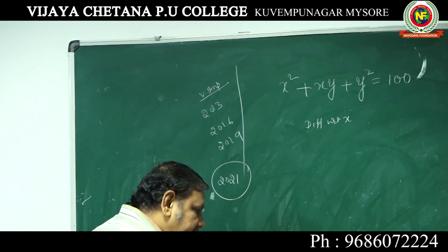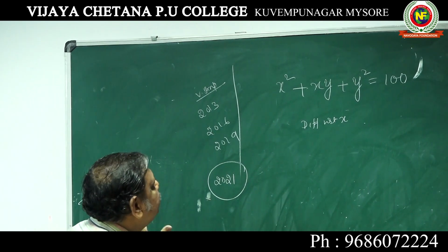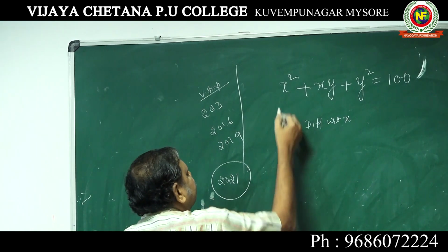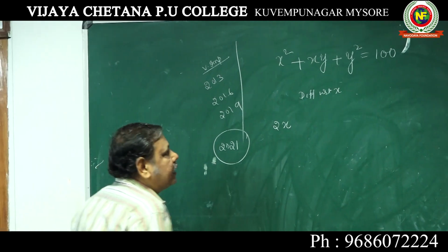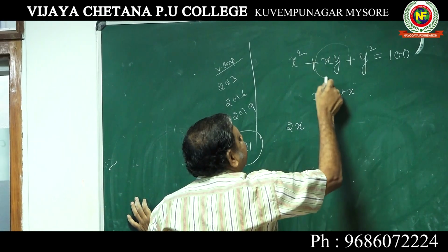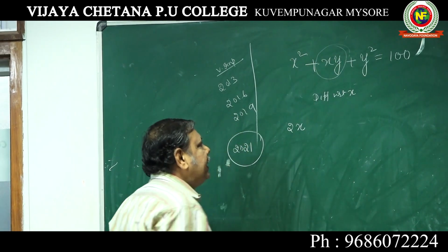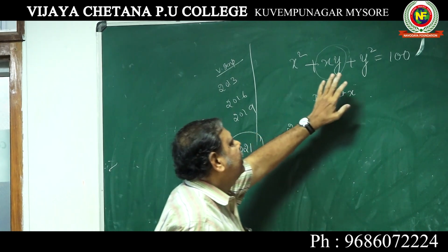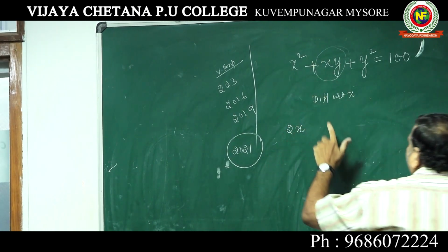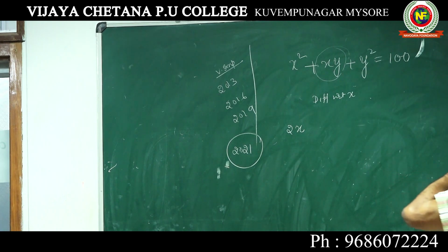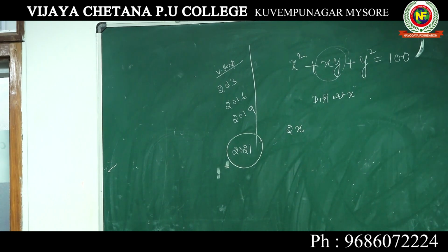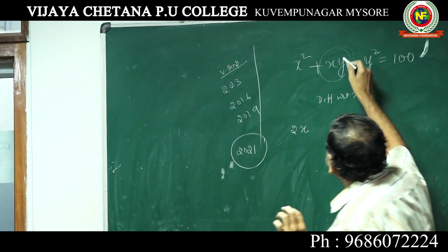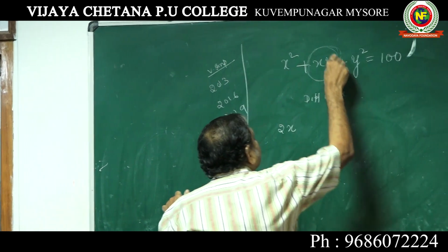Now when you differentiate with respect to x, here you should be very careful. x square differentiation is 2x plus. Here, most of the students commit a mistake in this portion, xy. Don't take it as x into 1, y into 1 into dy by dx. Many students I have seen in many answer papers writing like that. It is wrong.